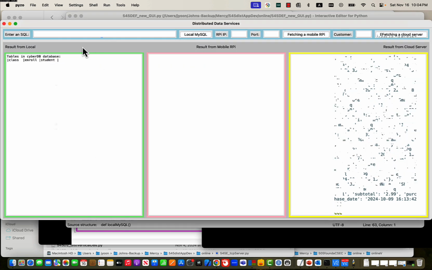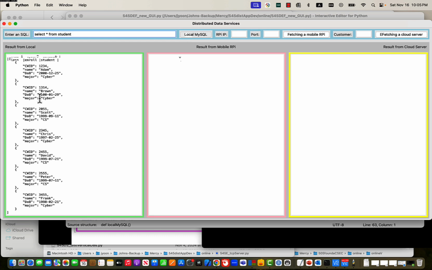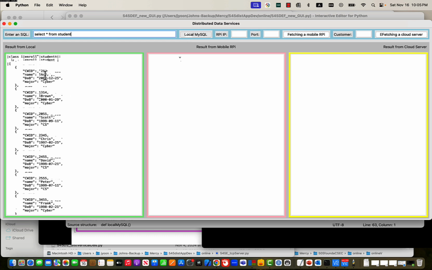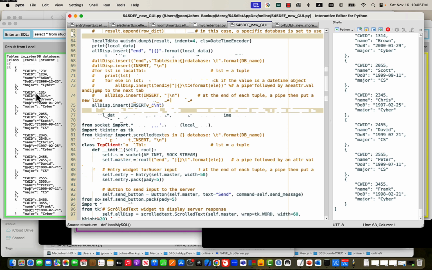and when I do select star from students, then you may be able to see here the result of this SQL in JSON format. This is JSON format, right? CWID 1234, name, and so on and so forth. Previously, I showed that a little bit like database tables. That's what I did here, and also to communicate with this Raspberry Pi,